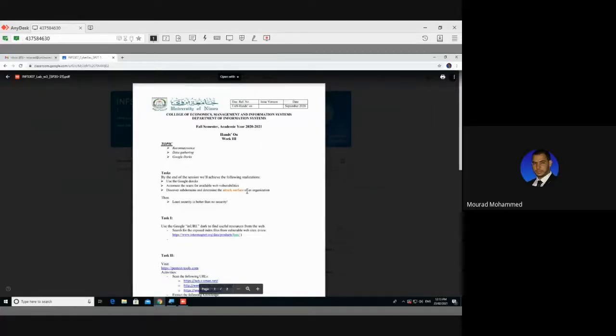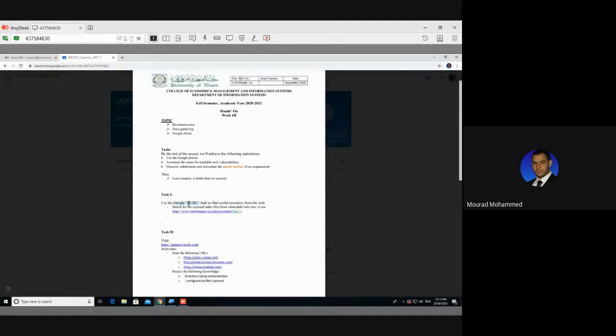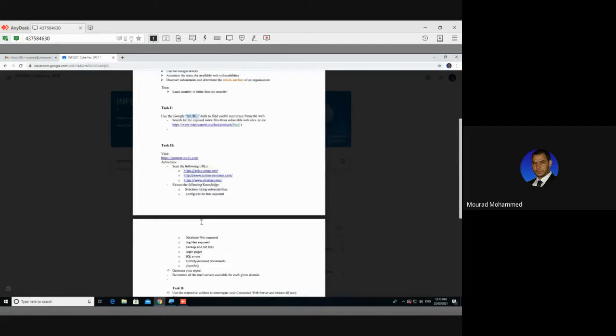Task number one is asking us to go behind the Google Docs for the purpose of extracting juicy data, extracting knowledge that we may acquire. It is asking us for a specific keyword, but we are going to explore so many of them, but using another